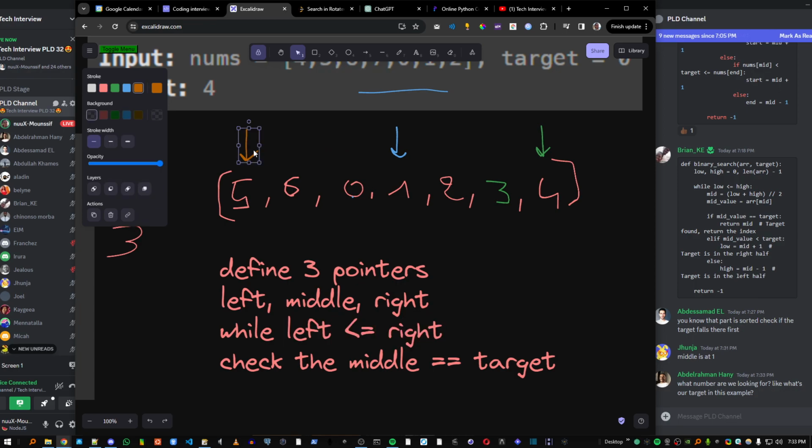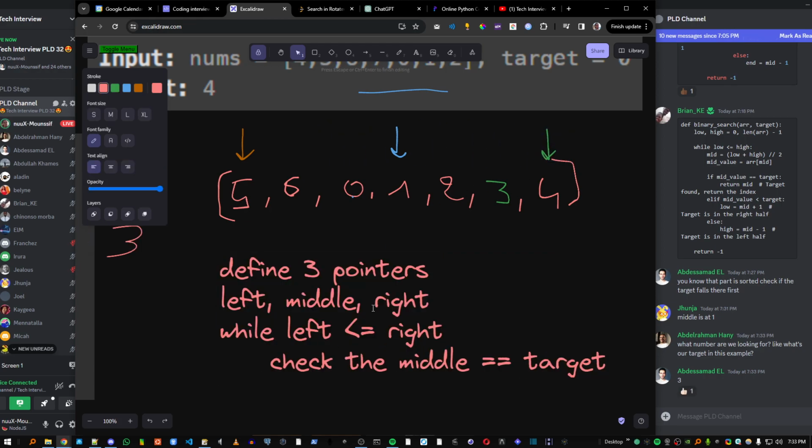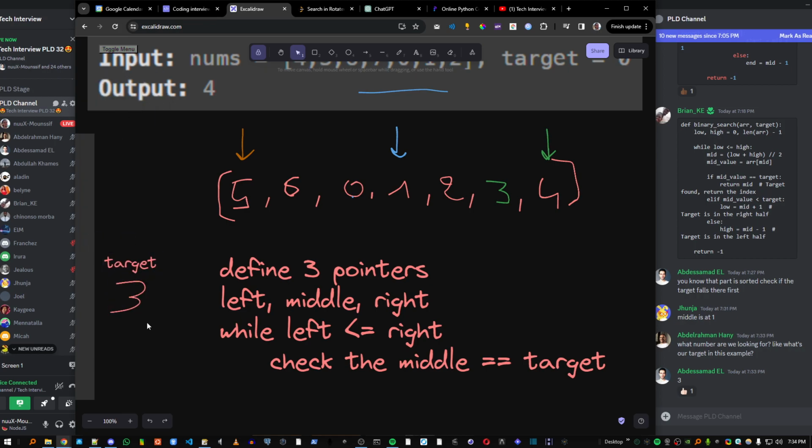So as long as the left didn't cross right, or as long as the right didn't cross left, it will keep looping. And inside the loop we're gonna check if the middle equals the target. Target is 3. Okay,